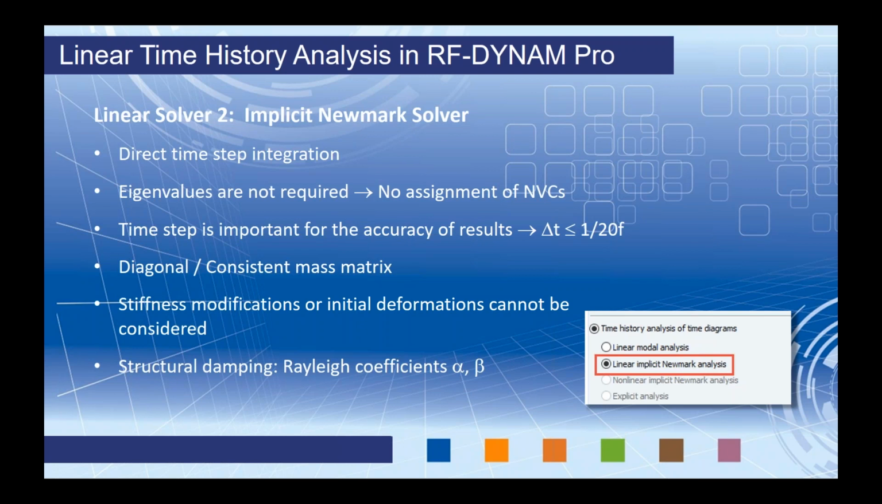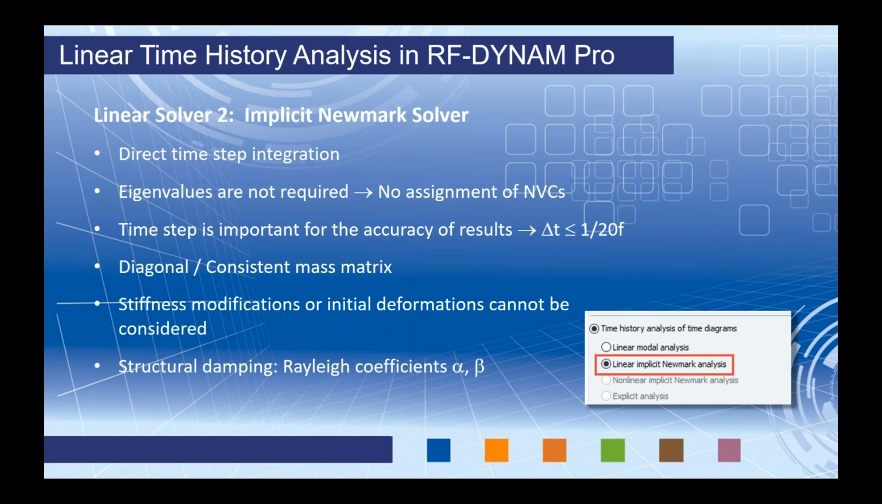So we do have some recommendations as far as a time step within the program. And you can see that listed here. Delta T is less than or equal to 1/20 times the frequency. Now, the frequency in this equation is the largest frequency from either the natural vibration of the structure or of the excitation frequency. Both the diagonal and consistent mass matrix are available here,